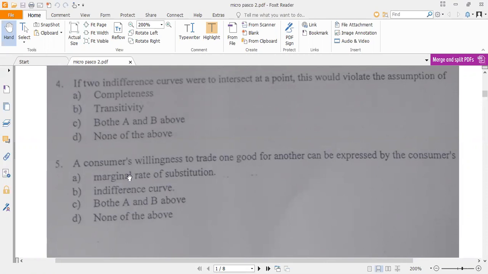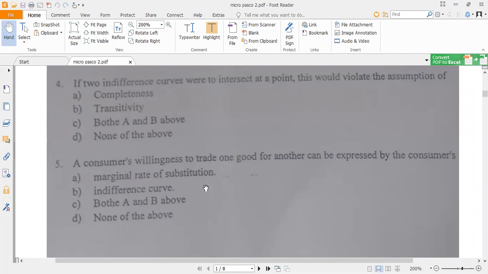Assuming we didn't have any possible answer like the indifference curve, then it should have been the marginal rate of substitution, but we get the marginal rate of substitution from the indifference curve. But there are some indifference curves where we don't even have any marginal rate of substitution. If the indifference curve is L-shaped, like the case for a left shoe and a right shoe, there's no rate of